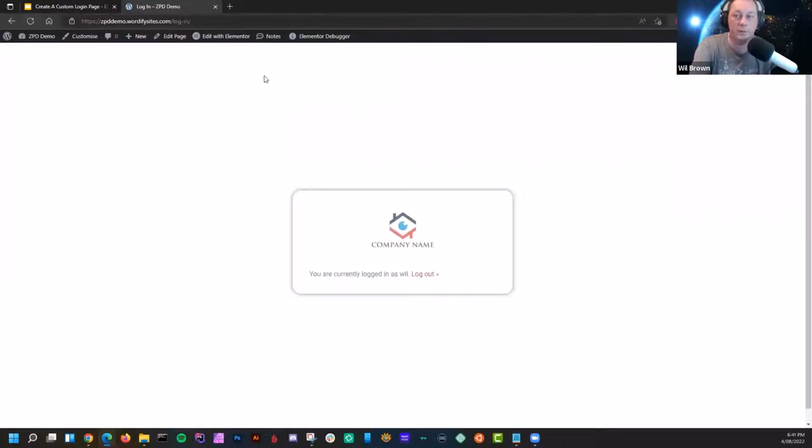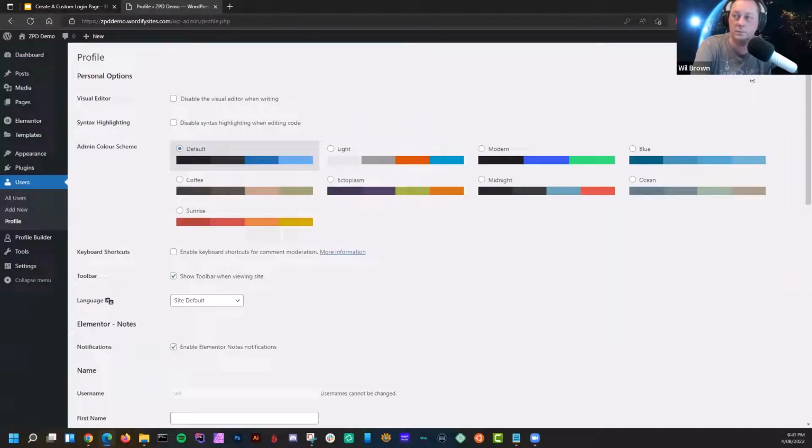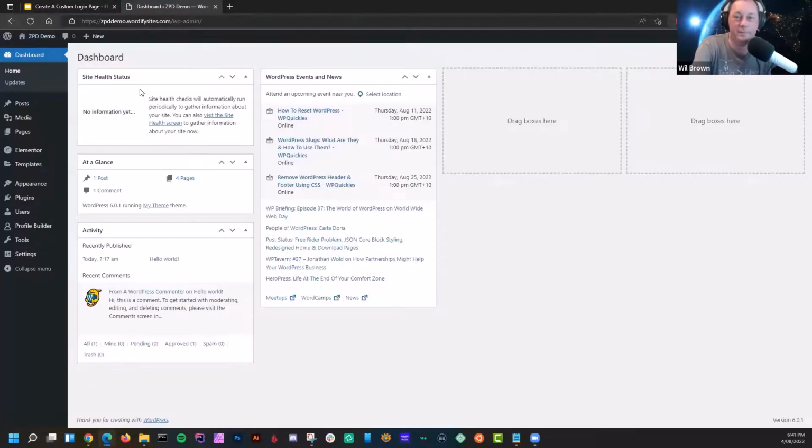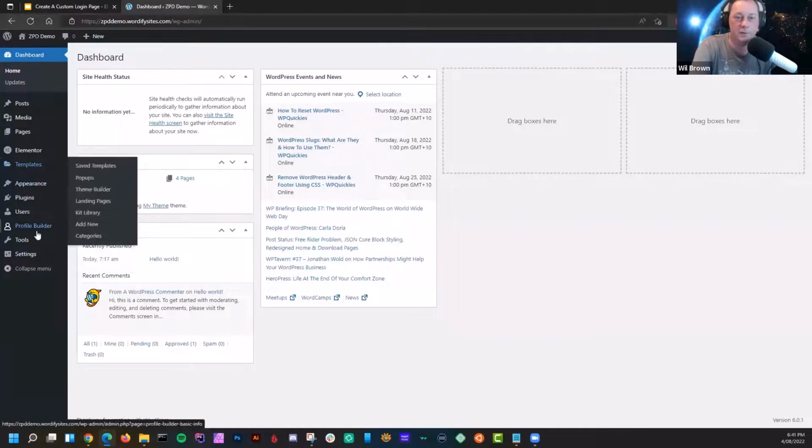I don't know why it thinks I'm currently logged in. Log out. Okay, there's a little bug there. I don't know why it's not logging me out. Oh, I see. So it's trying to do that. Okay. I'll need to figure out a fix for that. I can't log out because it's redirecting to that page already. That's not very good. Okay, I'll figure that out and I'll let you guys know how to fix that. But let's just go to the